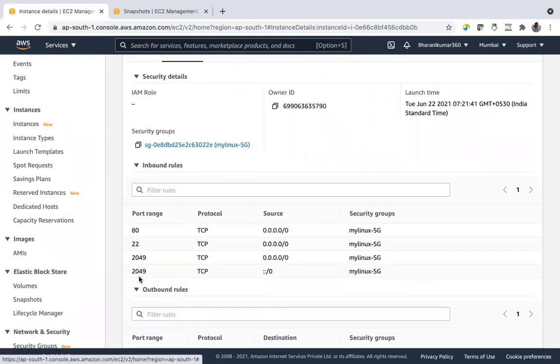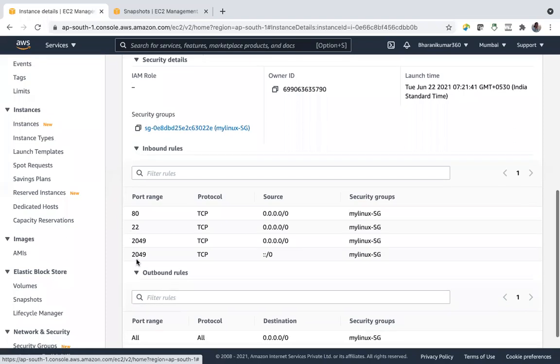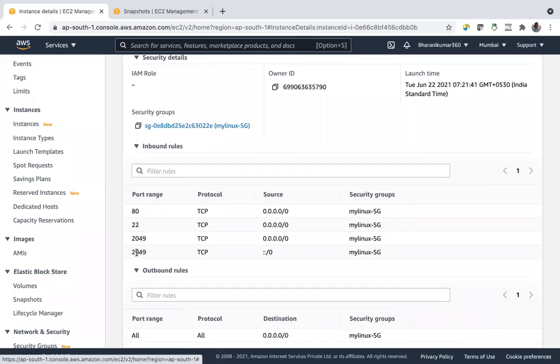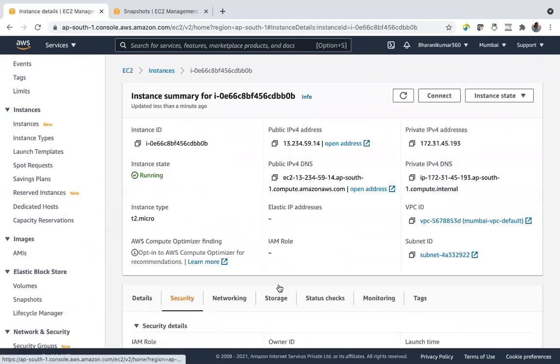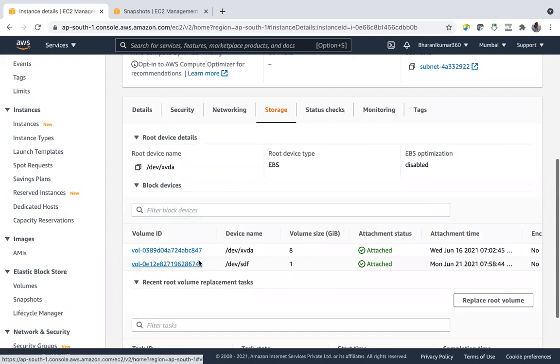It has all these rules: TCP rule, and this rule, and some other rule which is called NFS rule. We will talk about that later. But let's see, security group has all these things. 80, 22. 80 means this is HTTP rule, this is SSH rule, and this is NFS rule. And look into storage. Two volumes are attached to this instance. One is root volume and another one is extra volume.